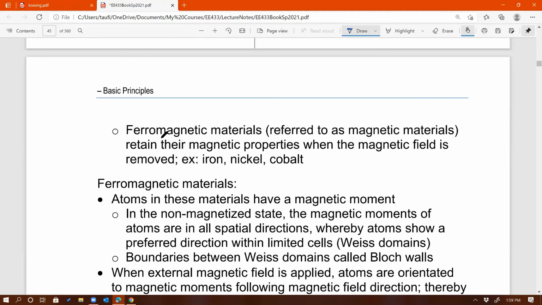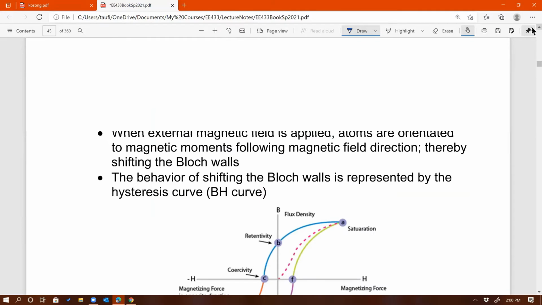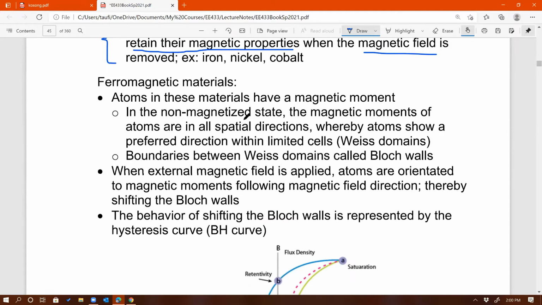And then we have ferromagnetic materials, referred to as magnetic materials. They retain their magnetic properties when the magnetic field is removed. So this would be the ideal type of material behavior that we can use for a magnetic core, right? Why? Well, because they retain magnetic properties even after we take away the magnetic field. Okay, so related to this class, we're more interested in ferromagnetic materials, and this part right here is just